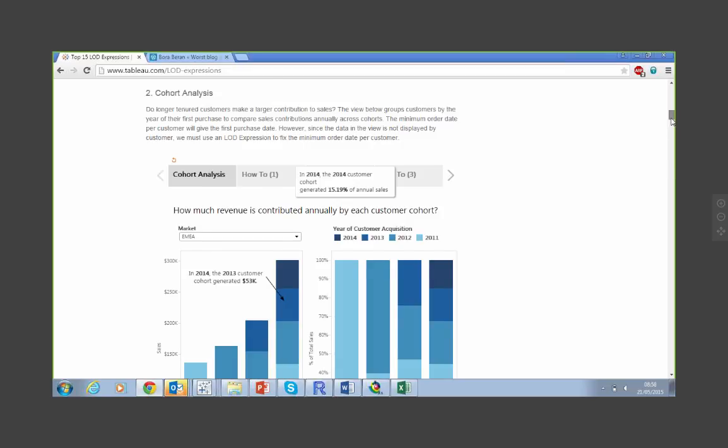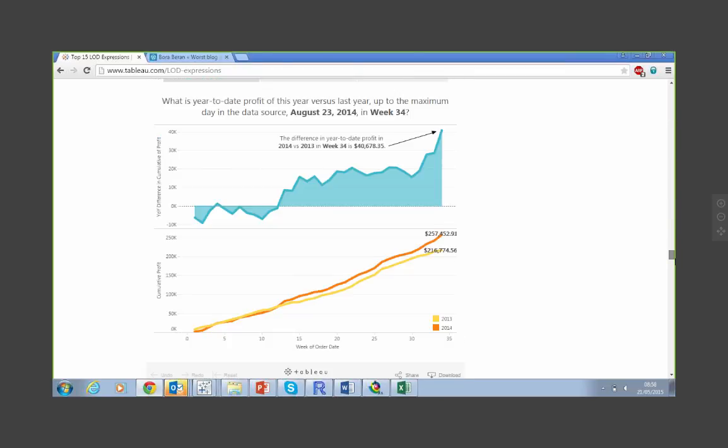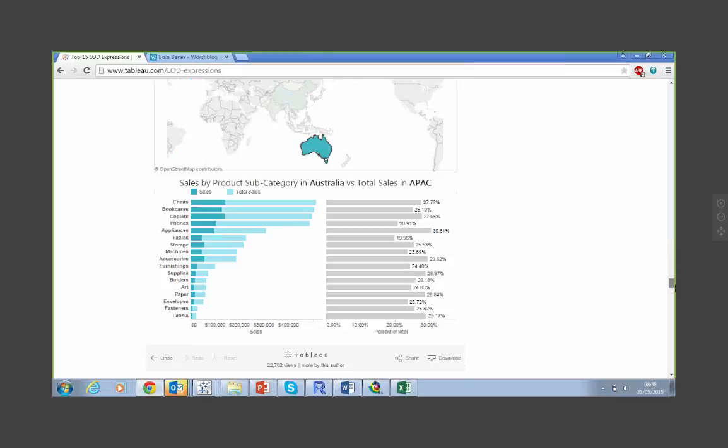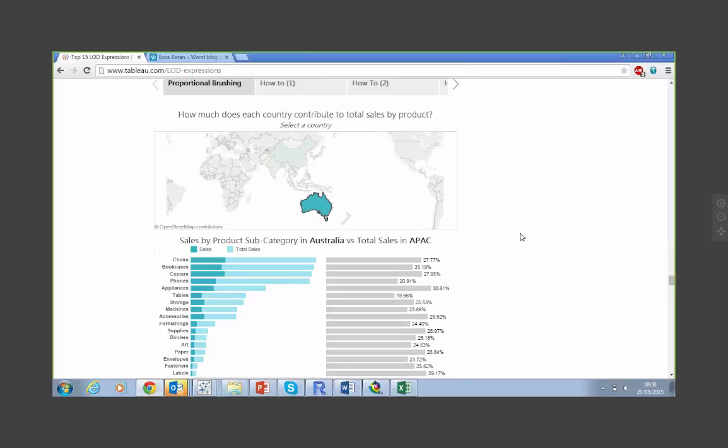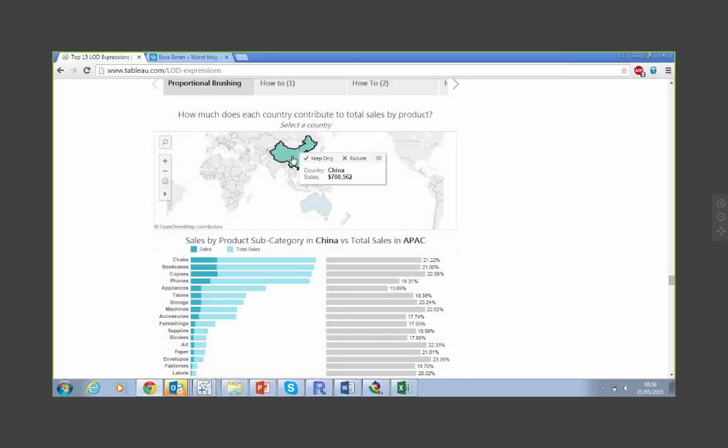Just to give you a taste of what Bora's talking about, one of the examples down here displays proportional brushing. The way that Tableau works by default is if you filter on something, it will show you only the data related to that one selection. But now what you can do is build views where the filter applies to only a subset of fields in your view.